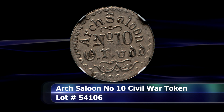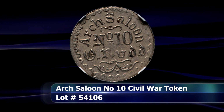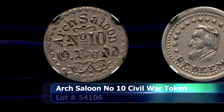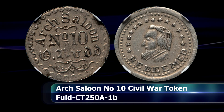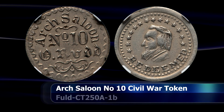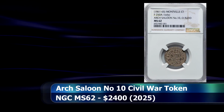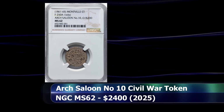$2,400. The Arch Saloon is, at least to the best of my knowledge on the subject, the sole token issuing merchant of Montville in Connecticut during the Civil War era. Ascribed to an unknown die sinker in what is probably Rhode Island, to date, NGC has only 9 grading events for this type, of which this coin is the finest known at MS62. It was able to sell at auction for